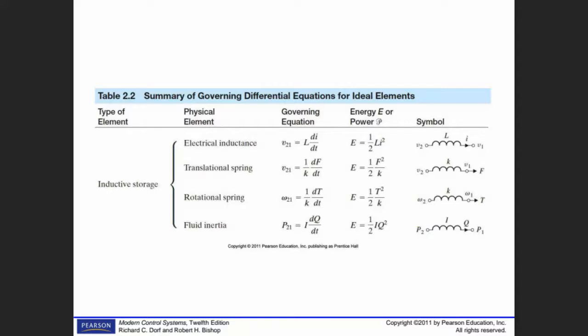Ideal elements. Ideal means there is no loss in it. Inductance, for example, or spring, or